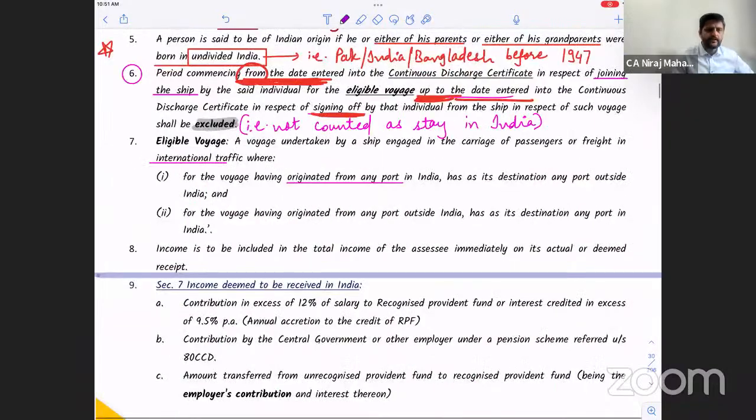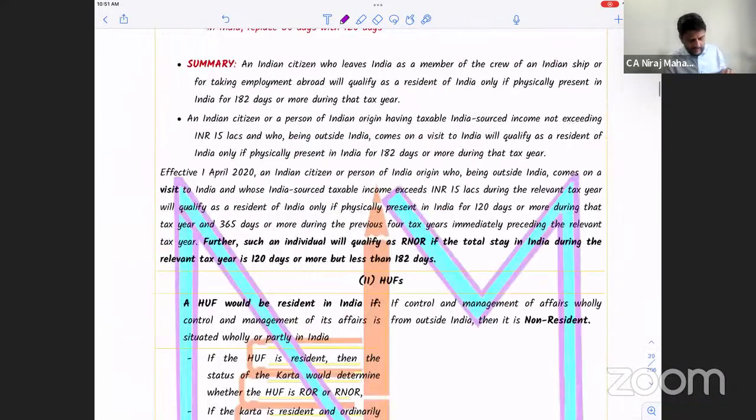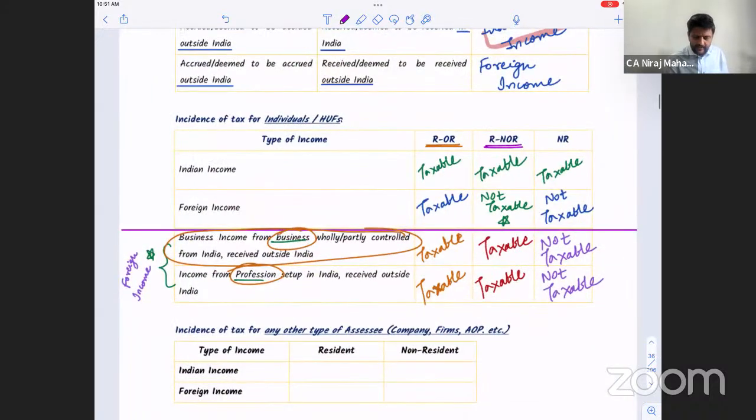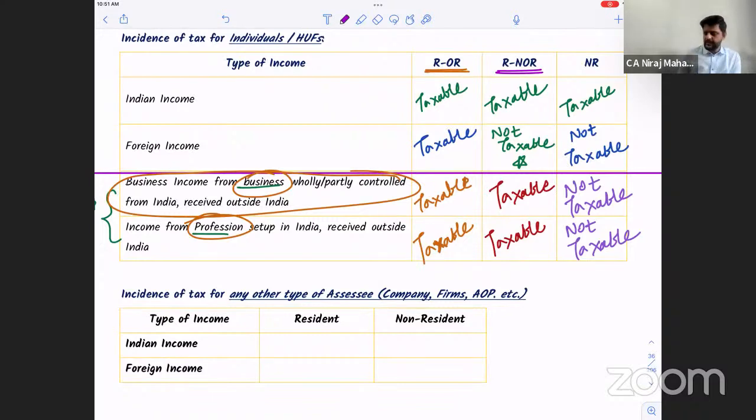Bacho, the income was earned in India, it becomes Indian income, and I've told you 1,000 times that Indian income is always taxed in India. Whatever might be the case, for anyone, if it is Indian income, it is always taxed in India. Any problem till here? Understood, Khushbu now? Okay. Indian income is always taxed. Don't get confused. You earned in India, it becomes Indian income. Indian income is taxable for ROR, RNOR, NR also. All right. Let's go ahead.